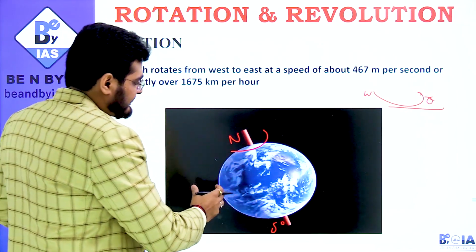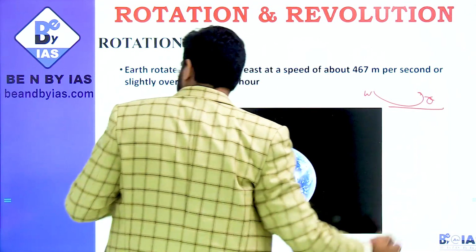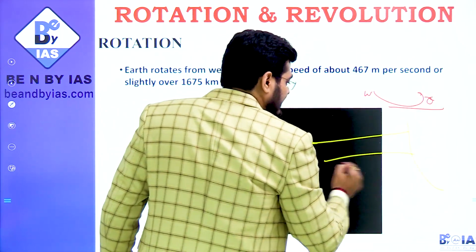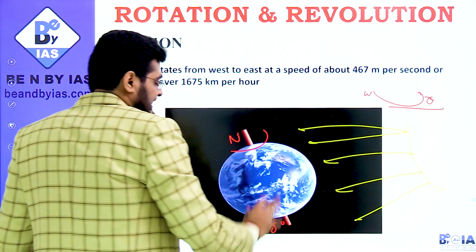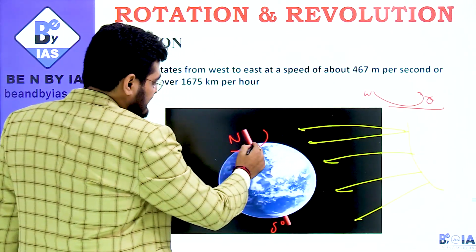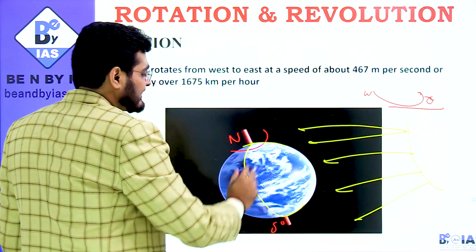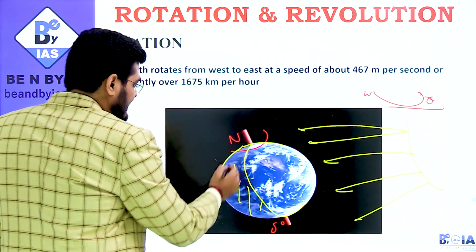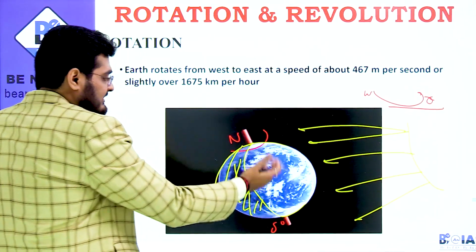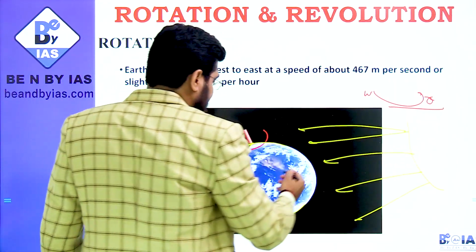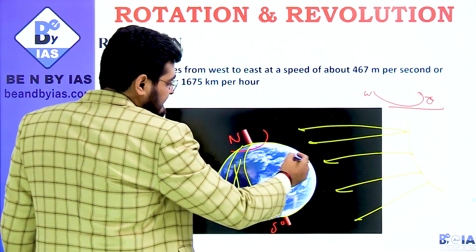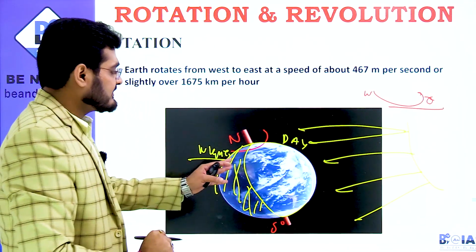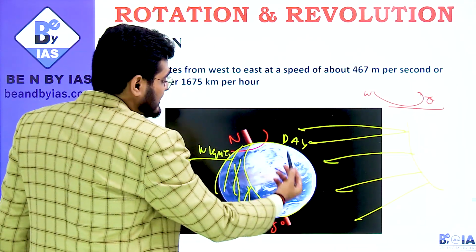Now you can see that this is the part on which your sun is falling. If you see this part, this is the part from where your sunlight is coming. Okay? And sunlight is falling on this part. Now you see this area, this is under the sunlight. तो यहाँ पे क्या होगा? It would be day. This area is not having any sunlight. So यहाँ पे क्या होगा? It would be night. Now this earth is continuously rotating, sun is static, sun is not moving, this earth is rotating, and due to the rotation of earth, the day and night phenomenon takes place. This is the reason it happens because of the rotation of earth on its axis.